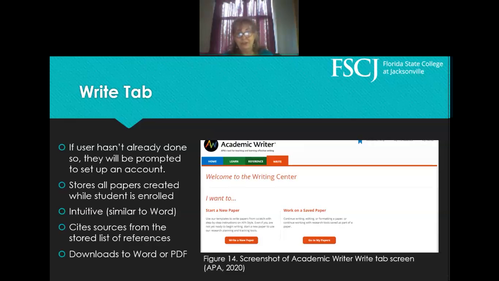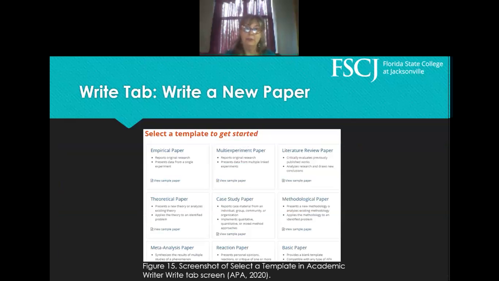And then finally, this feature allows the student at any time to download the paper. They can choose to download it as a Word file or a PDF file. So it's not just stuck up there in the cloud somewhere. They can always move that paper onto their own device. All right, so let's move on and look at what happens when you say you want to write a new